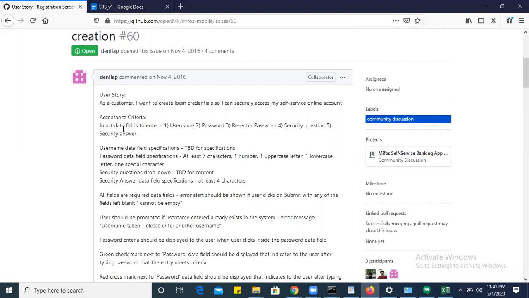Input data fields to enter means what are all the input fields we need to enter. First is username, password, re-enter password, security question and security answer. These five fields we have on this page.